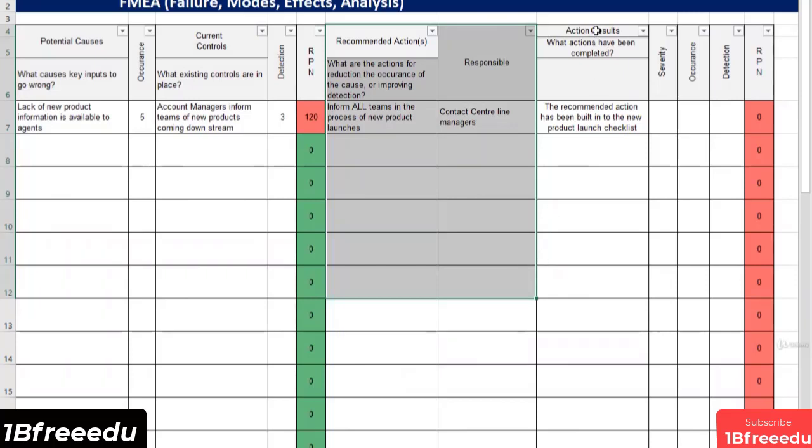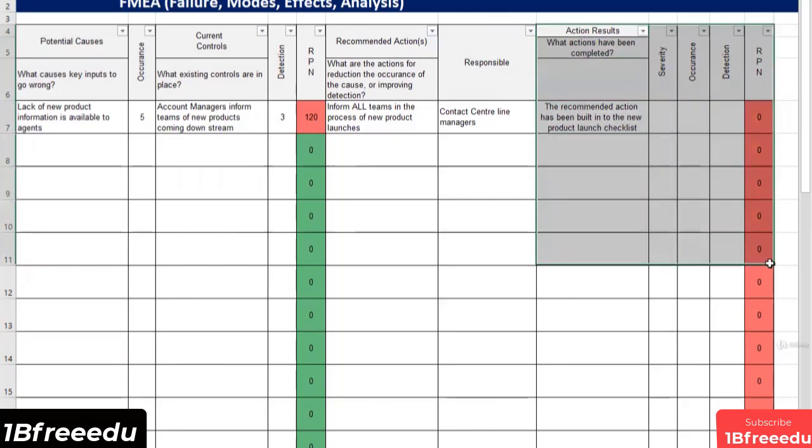The final piece is when you think about the controls. What has actually happened, right? So you can't complete all this at once because if you just identified a solution, you can't then say it's been implemented. So often this section will be done last to say what has actually happened, what controls were actually put in place after all. So here again, you have to think about your severity, occurrence, and detection. But this is once your controls and your solutions have been deployed and you've got some data in your hand,